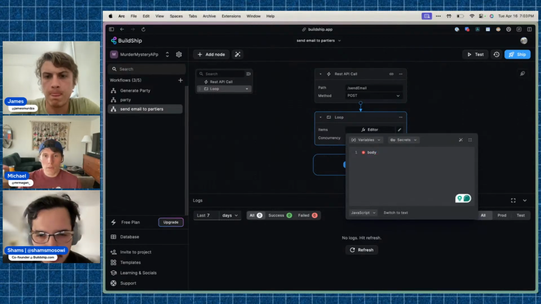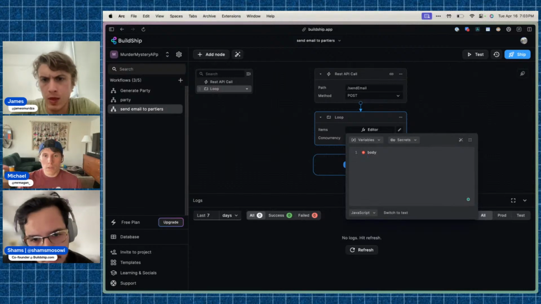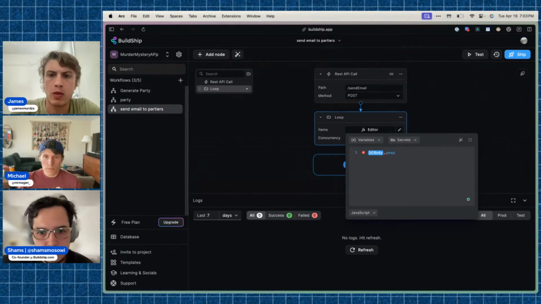Oh no, you need to press enter to, or wait, how do you get the, if you go back to body, try to get the autocomplete going. And then, yeah, there you go. And then we'll do .people. So now that's going to be an array.